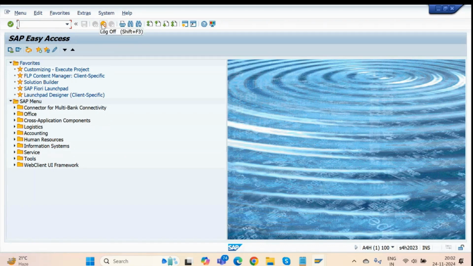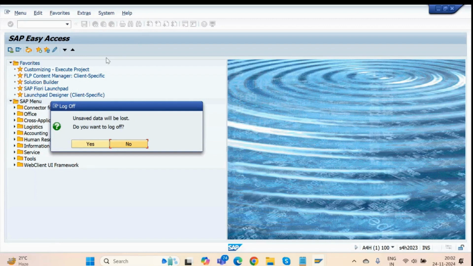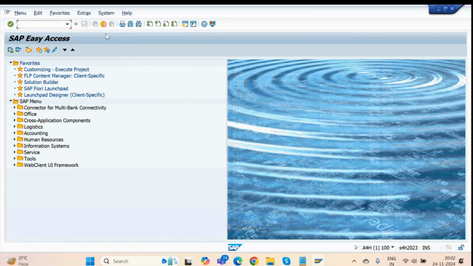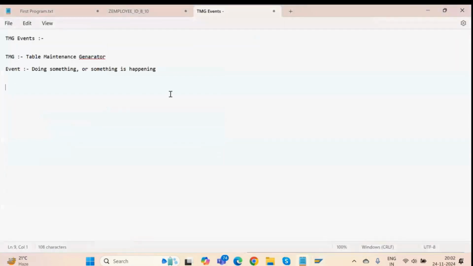If I am clicking on this button, can I say there is a logic written behind this particular button, which is telling my system that you want to log out from the system? Yes, this is the concept of event, guys. Event is always triggered when a user performs any action on the system. Action can be anything like scrolling the mouse or clicking on any button,